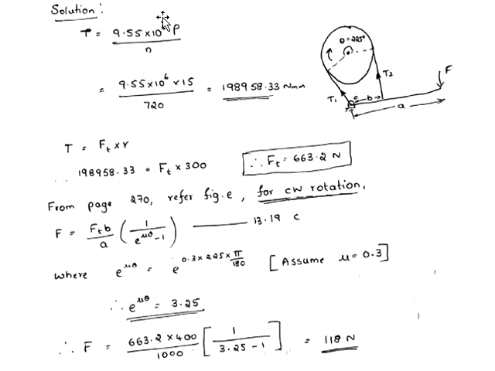As the first step, as I already told, use the torsion equation or torque equation: T is equal to 9.55 into 10 raised to 6 P by N. P is given, N is given, calculate the torque value. After that, find out Ft. The equation to be used is torque is equal to Ft into R. The radius of the drum is given, and with the torque value from the previous step, calculate the Ft value.